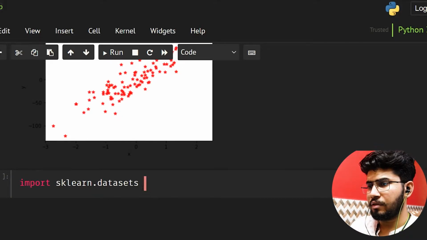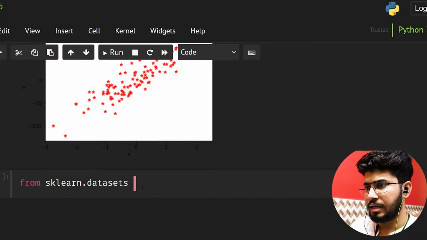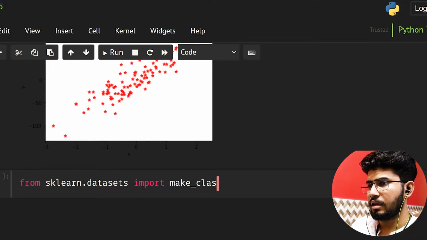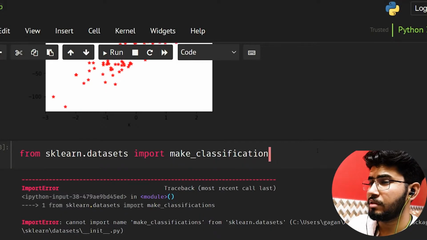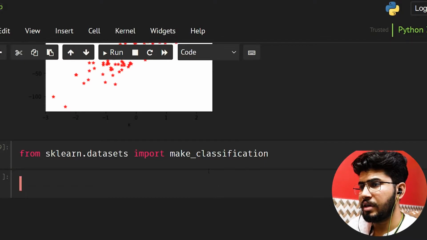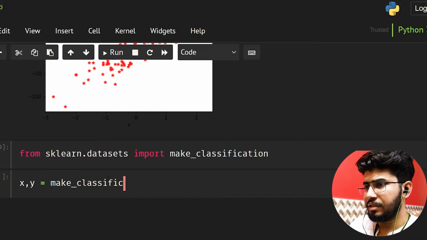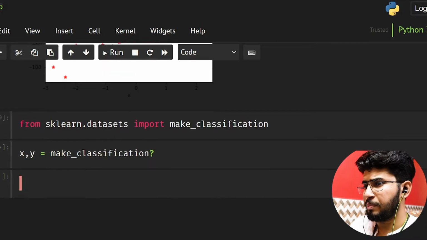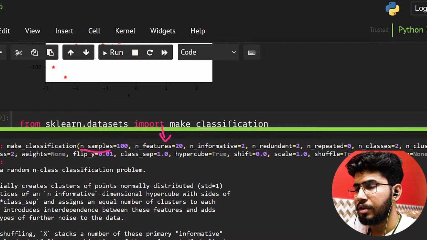So I should write from sklearn.datasets import make_classification. Now x, y equals make_classification, and let's see what parameters it accepts. We need 100 samples, but we need only two features, and I don't think we need to give anything more. So let's see what it is going to generate.